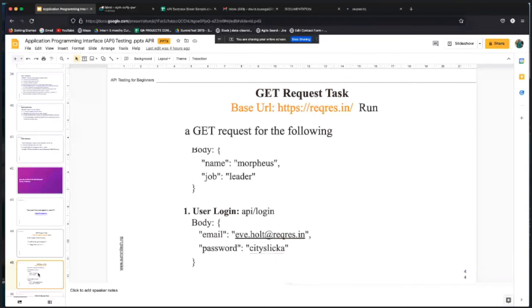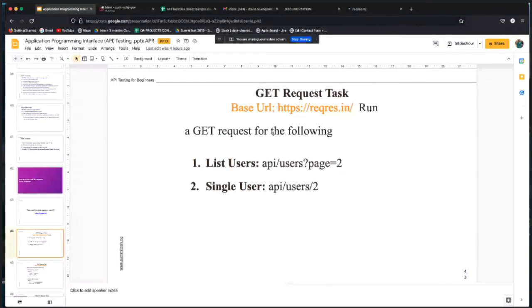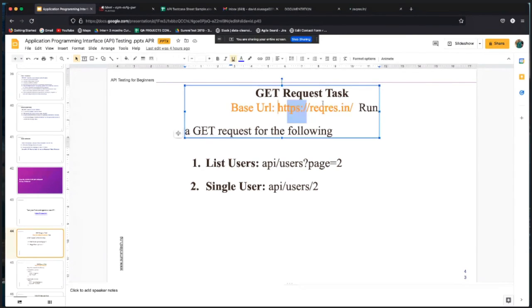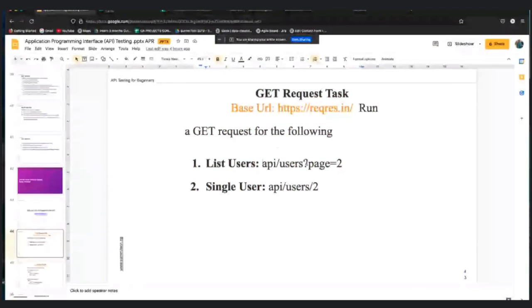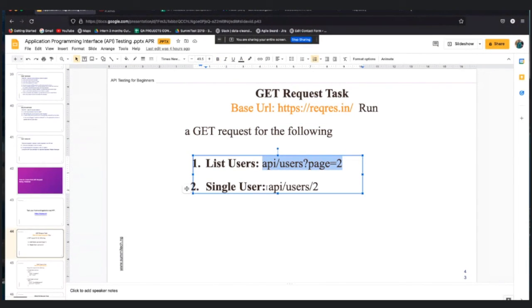Do you understand? Go to your Postman, open the collection folder, then set your base URL. This is your base URL, and this is your endpoint for this request.